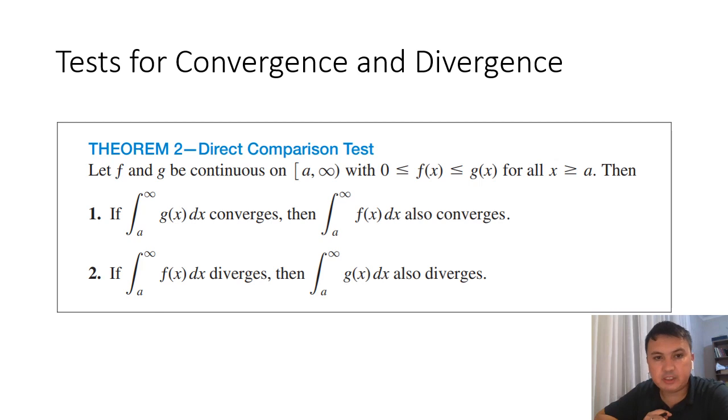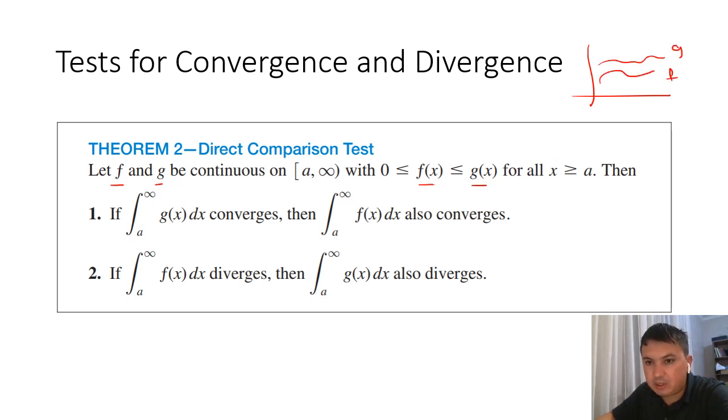Right. Tests for convergence and divergence. So this is similar to comparison tests that we discussed for the convergence of limits. Okay, let's say that my f and g are continuous and both of them are non-negative functions, and f is smaller than g, right? So if you were to sketch, f would be something like this, g would be something above. It's larger. So then,